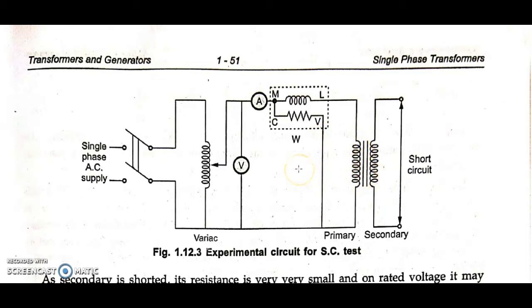For any transformer there is a rated voltage as well as a rated current. So whenever it comes to the SC test, you need to observe your ammeter and not the voltmeter. The voltmeter value will be taken for calculation, but the ammeter value matters a lot. Again, for the OC test, remember the voltmeter value matters a lot, and you can ignore the ammeter current there, because it is not that important compared to the operating value of the transformer. So for the OC test you observe the voltmeter, and for the SC test you observe the ammeter.